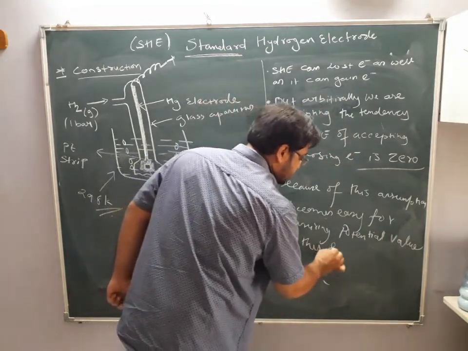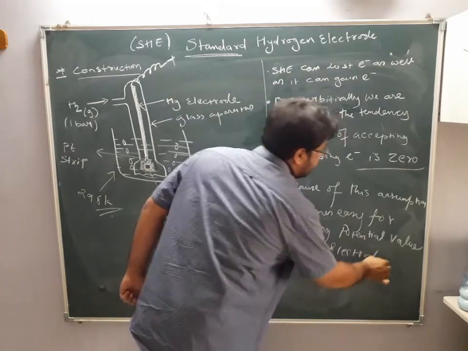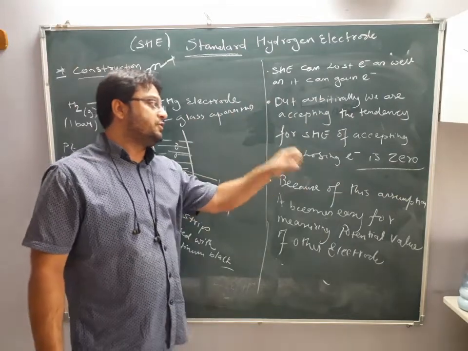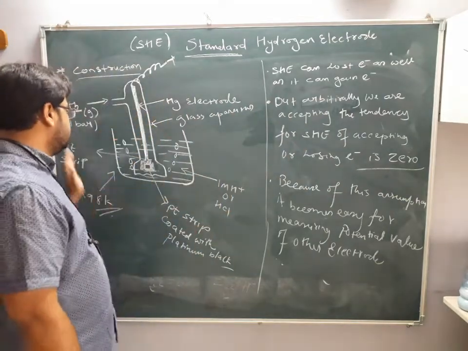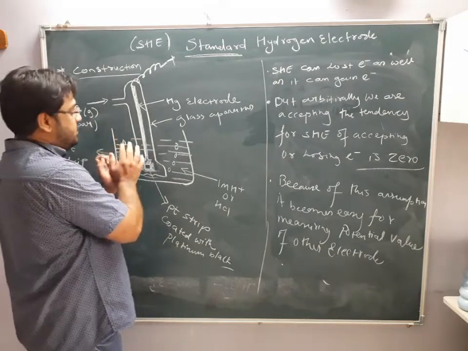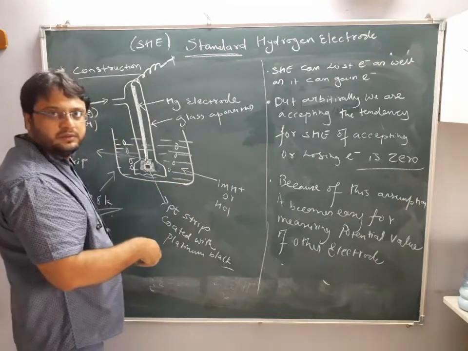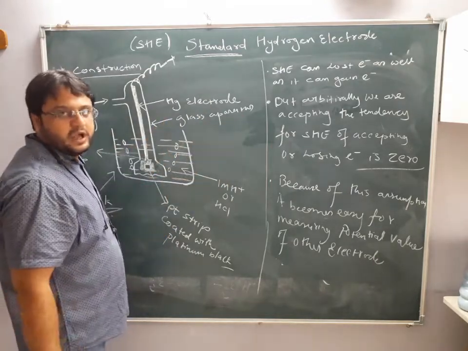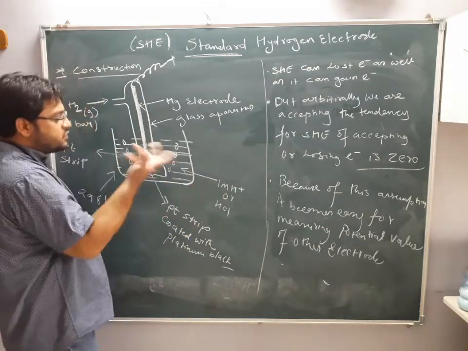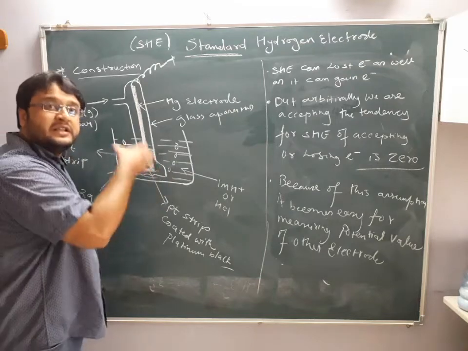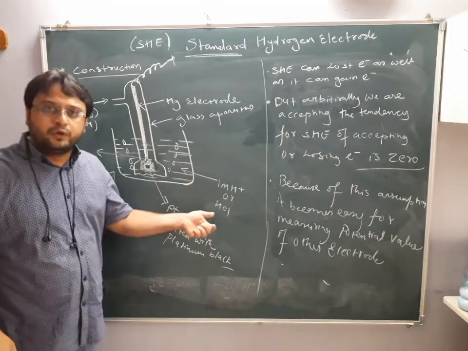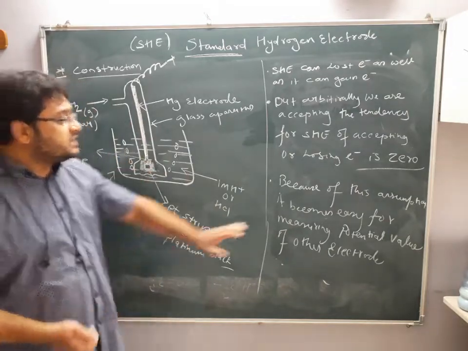Clear? Why are we doing so? Because if we consider this as 0. Who is 0? Standard hydrogen electrode potential value if you consider 0. Now this value is 0. Their reduction potential or their oxidation potential is 0. Now if I connect another half cell with this and make a complete cell with a salt bridge, whatever value I obtain, that value will be of that connected electrode, because this electrode is 0. That's why we say this is a reference electrode. In the previous slide I told you, no? This is considered to be reference electrode because of this assumption.